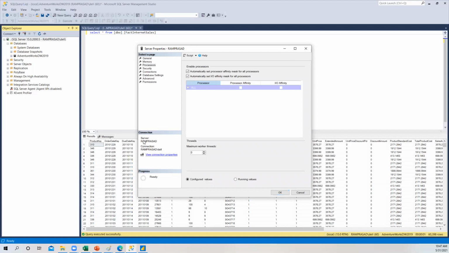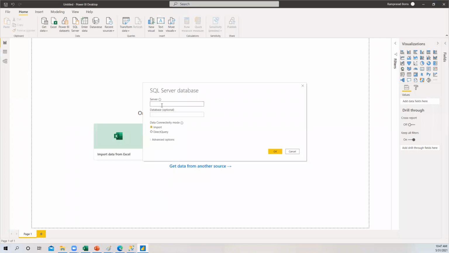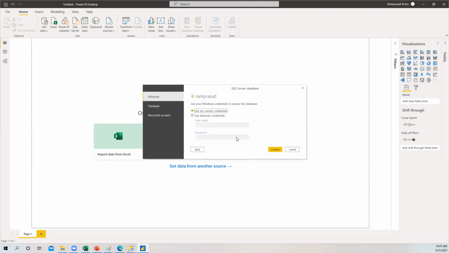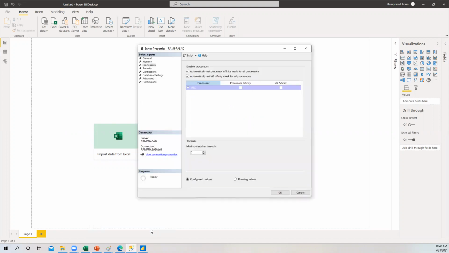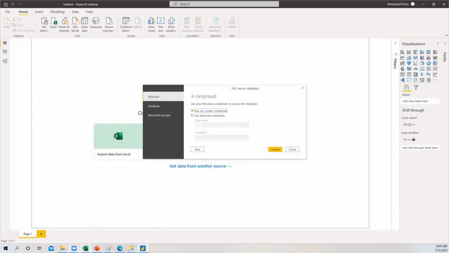I think the server name itself is my name. Okay, let us put my name and see if it connects. I believe that is the server name. Okay, so it is connecting to this server, guys. So the server name is also the same.